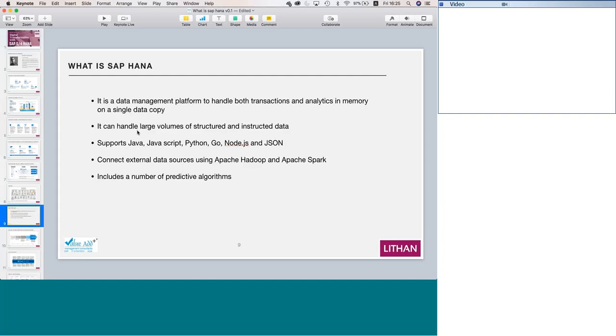It can handle a lot of... I'm sorry about the spelling mistake. I don't know how I missed this. Structured and unstructured data. Now, what do you mean by unstructured data? Anybody? It's nothing but, for example, whatever you see on your Facebook, the data which comes from your Facebook is unstructured data. Suppose a lot of data comes in on a product. For example, you assume you're selling a soap. There could be a lot of chatter happening on Twitter on that particular soap, how good or bad it is. It's all text. It's unstructured data.